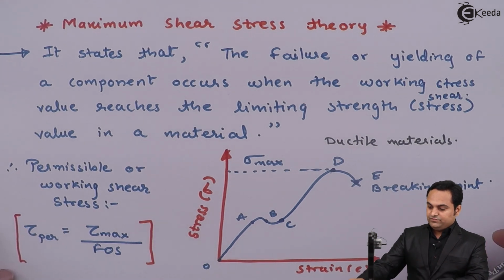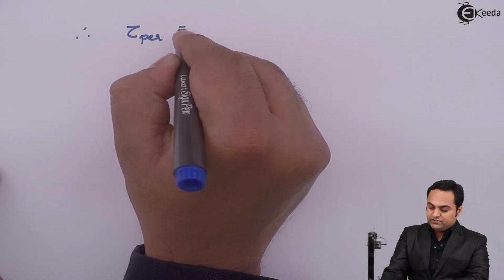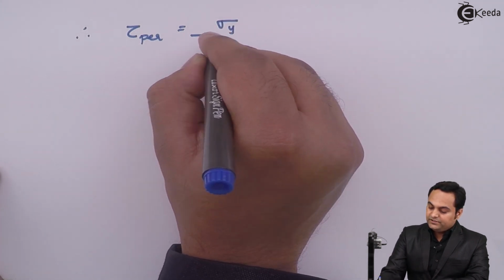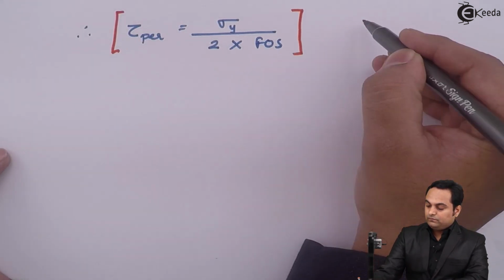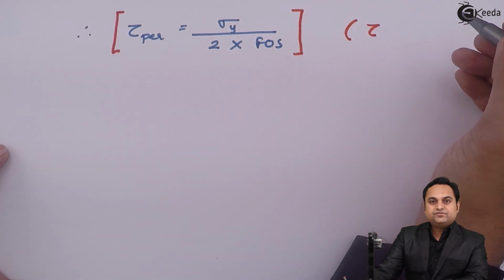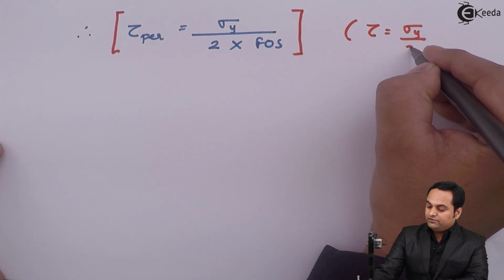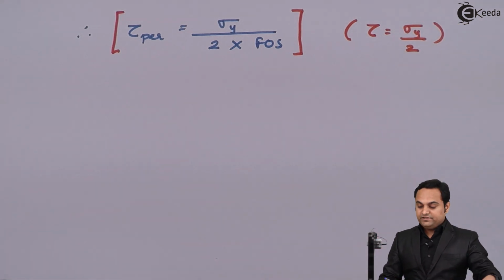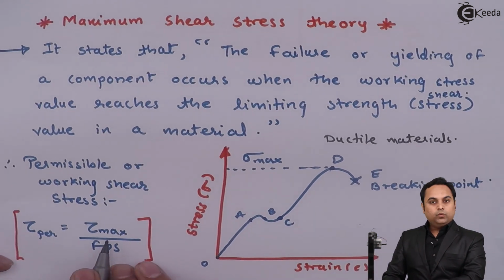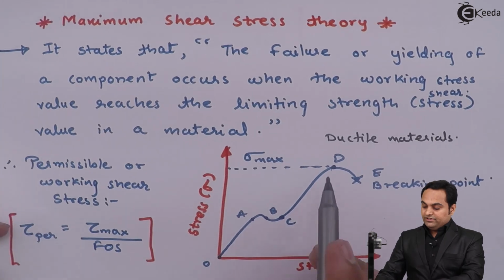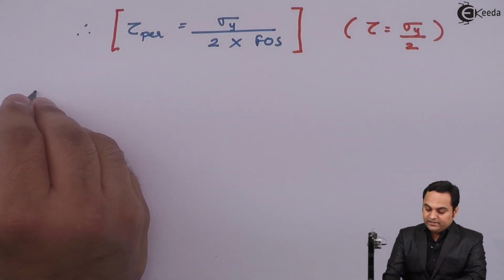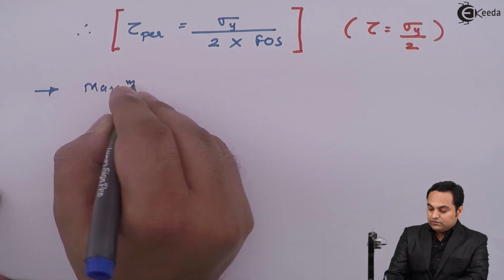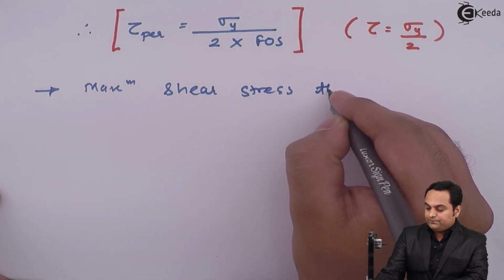Next, this same shear stress relation can also be written as, the permissible shear stress is also written as yield stress upon 2 into factor of safety, because the value of shear stress is half of the value of yield stress. So here I have replaced the maximum shear stress with the yield stress, because yield stress is the maximum value of stress in case of ductile materials, and hence here I can write down that maximum shear stress theory is